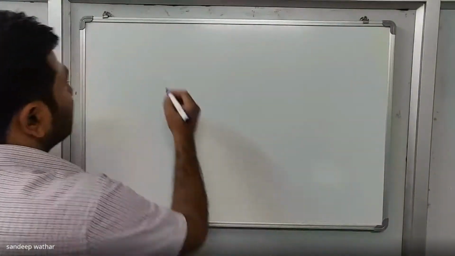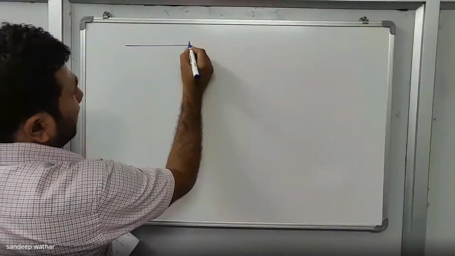Then in the previous class, I had also derived an equation. I had explained the importance of that equation. I hope all of you remember this: that if this is a propped cantilever,